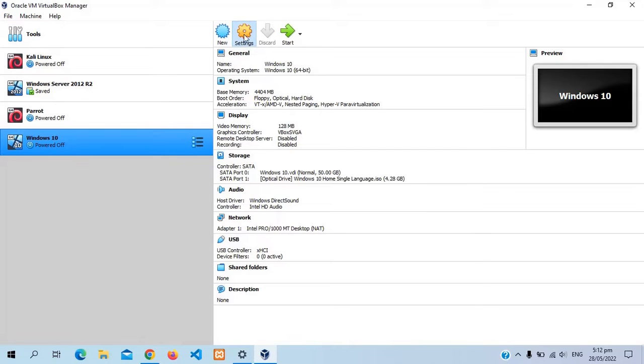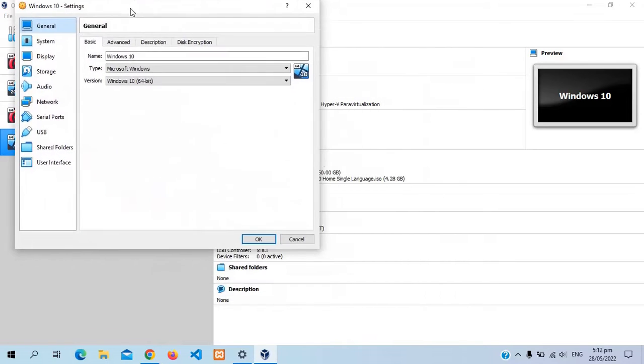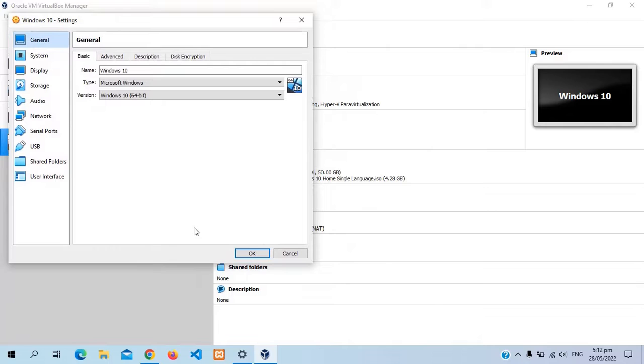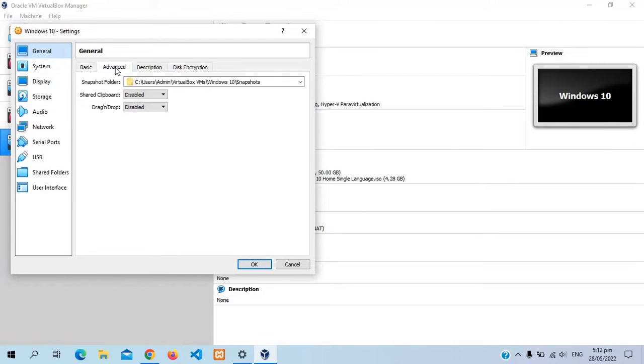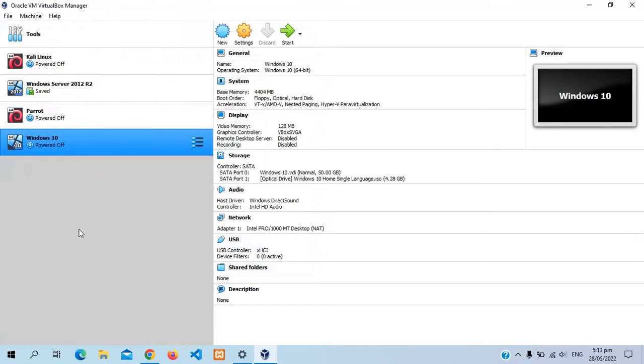So first of all, there are a lot of options here that you can configure, but I don't want to configure anything here. You can go to advanced and also enable the shared clipboard and drag and drop, but our teacher doesn't recommend it. It's up to you whether you do it or not. So you need to click start in order to proceed,